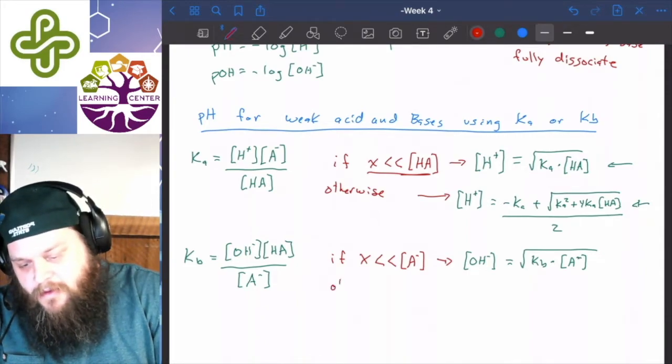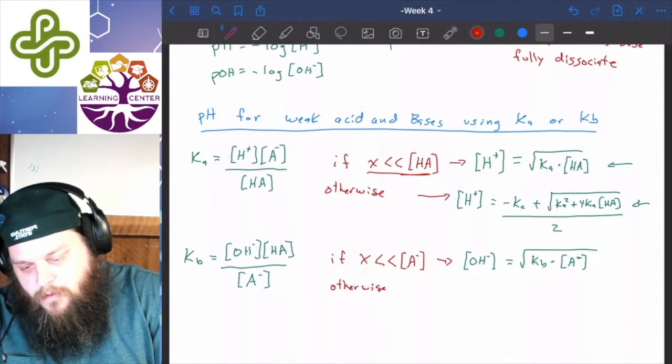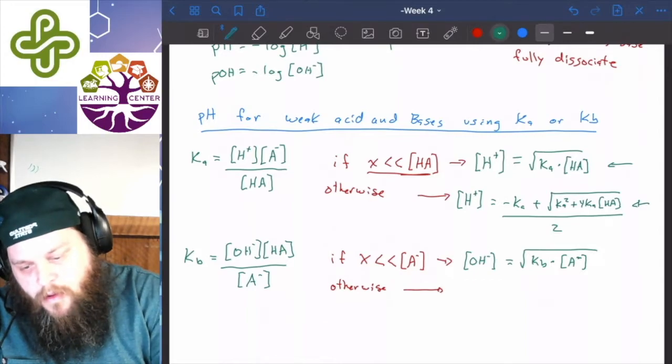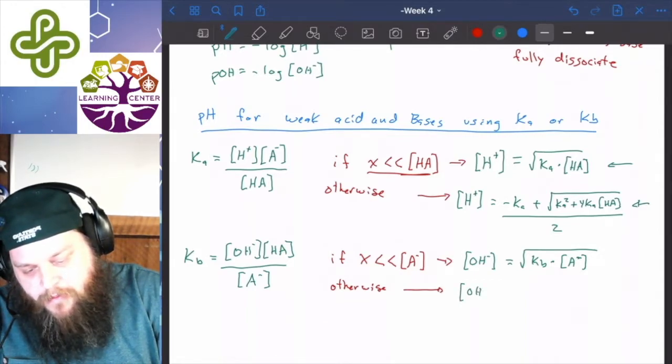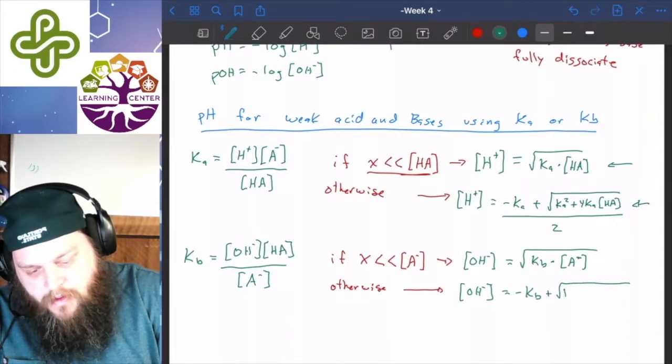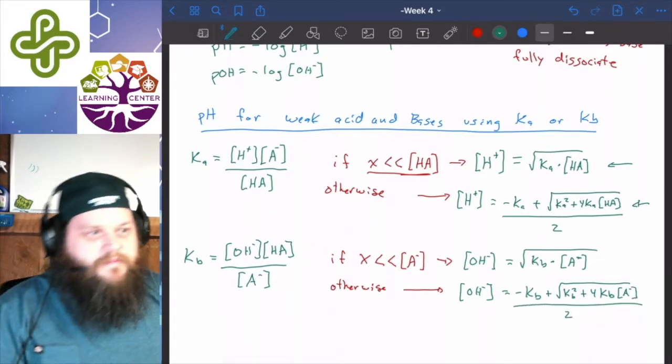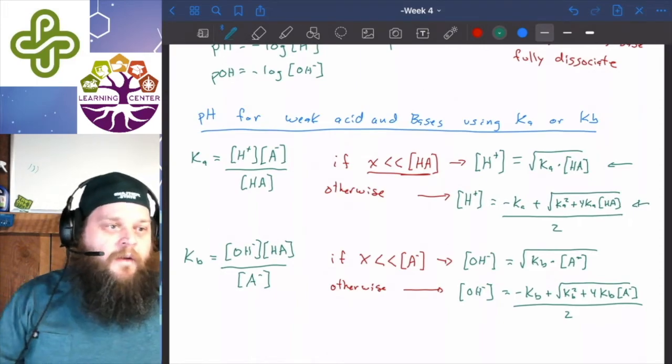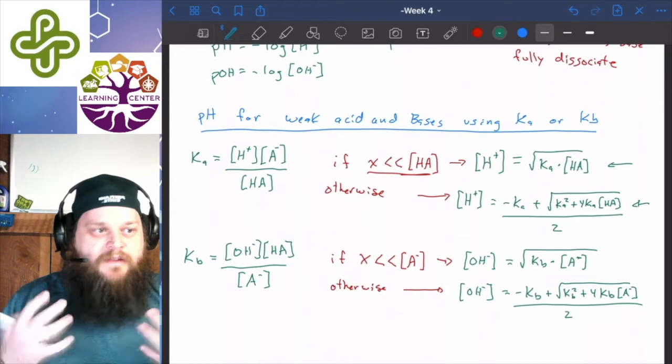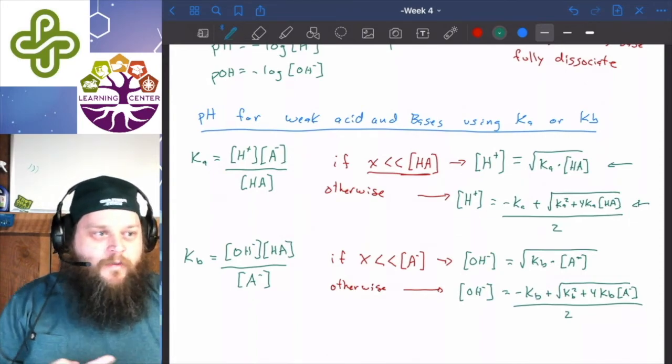Otherwise, we have to use the wonderful quadratic in the base form, which is the same idea as above, where it's negative Kb now, plus the square root of Kb squared plus 4 Kb times the concentration of the base at equilibrium, divided by 2. So those are just worked out. I've already done the ICE table in a generic form, and I just got this nice quadratic equation I can plug into. So if we find the Ka or Kb values, depending on which version we're looking at, we can plug those in